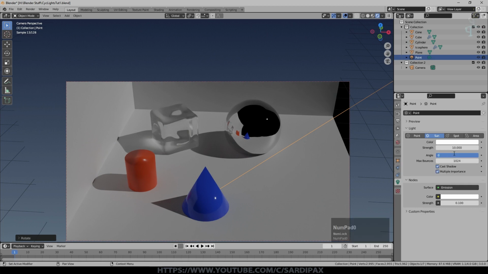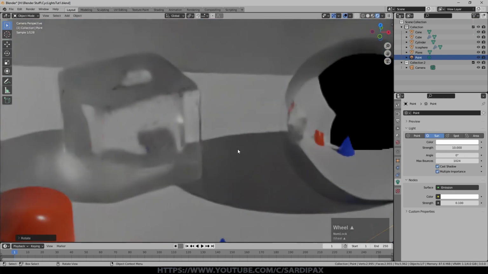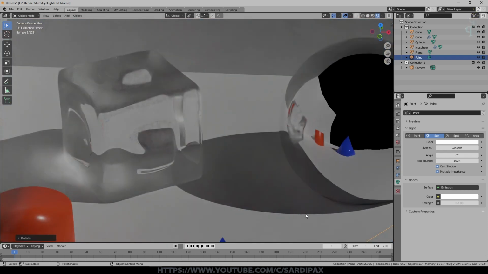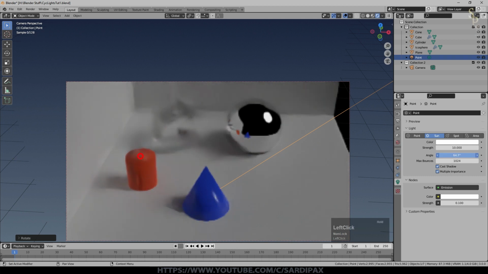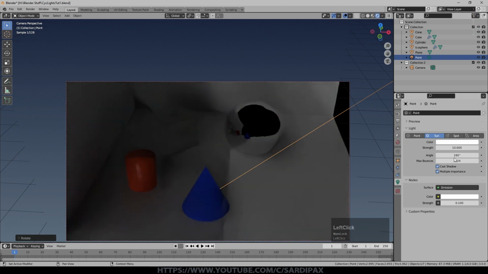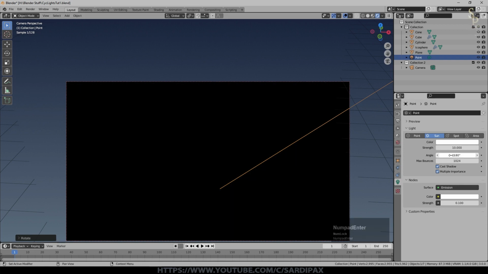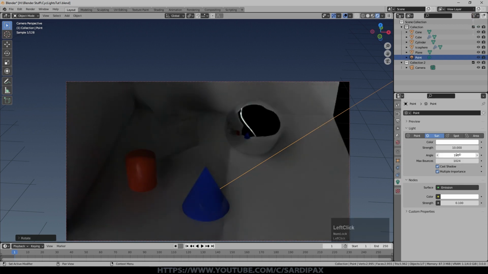So if I set that to 0, it doesn't change the brightness, but the shadows become very crisp. You can see they're completely well defined there. We can take that up to a much bigger number. And I did find if you just type in 180, it actually has an error and doesn't give you anything. But as soon as you back it off a little bit, it does, and it's still 180 degrees. So essentially, that's a completely diffuse sun. So unlikely to use that very often, but you might use a smaller number.